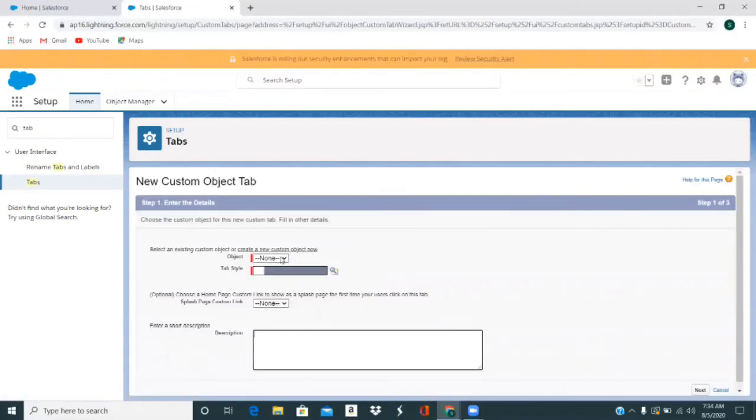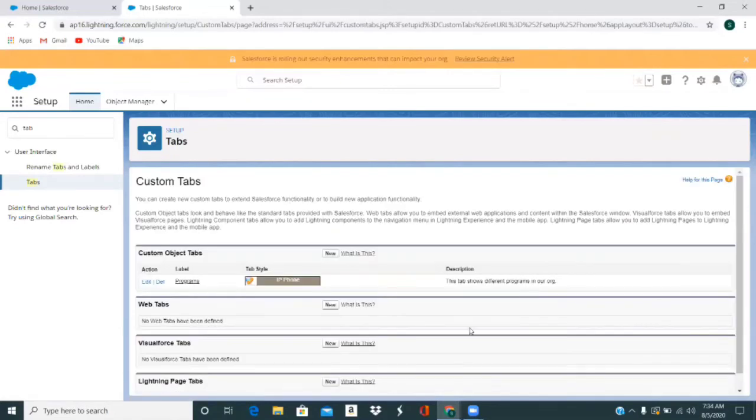Then you have to select the object from here. Currently there are no custom objects or standard objects which are already created and don't have a tab. That's why it is coming as none. If you hadn't created the program object's tab, then it would have been shown here in the drop down. So this is another way to create a custom object tab from here. So I'll just cancel this.